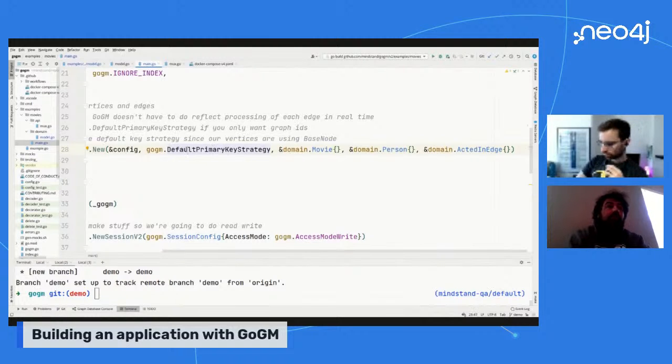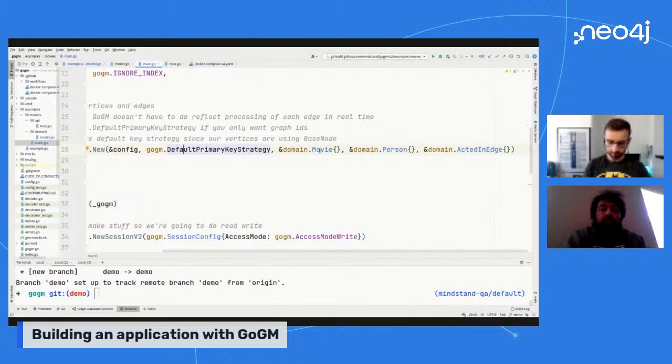Default means it's not using anything special like UUID, which Gogem v1 was dependent on. Now you can use any kind of primary key you want. Default just uses the graph ID that comes with Neo4j anyway.